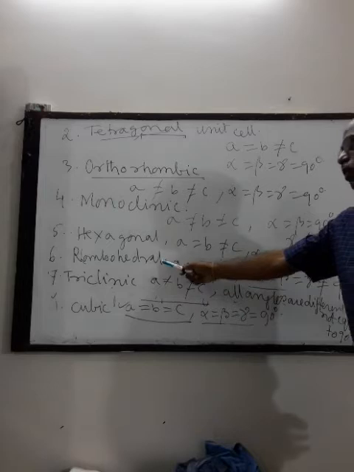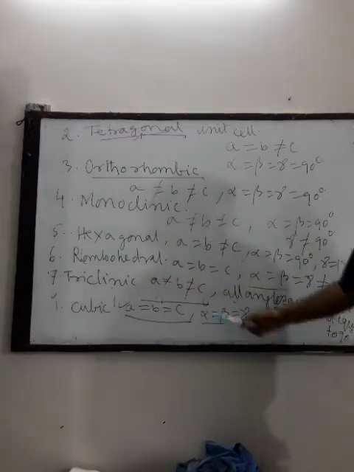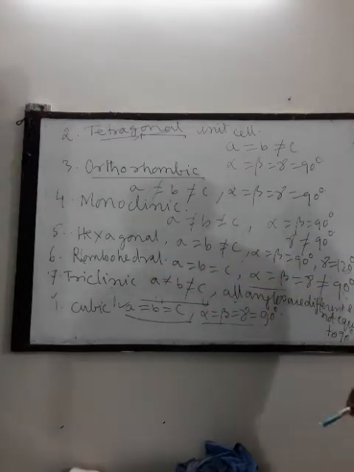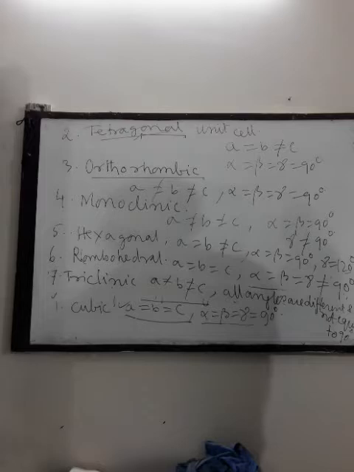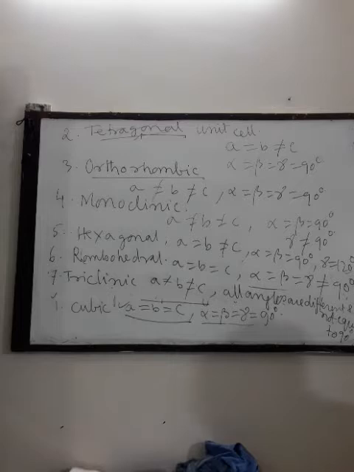Sixth one is called rhombohedral, where three sides are the same, three angles are also the same but not equal to 90 degree. And the last one is called triclinic, where all sides are different and all angles are also different and not equal